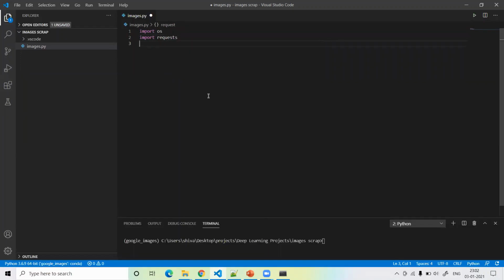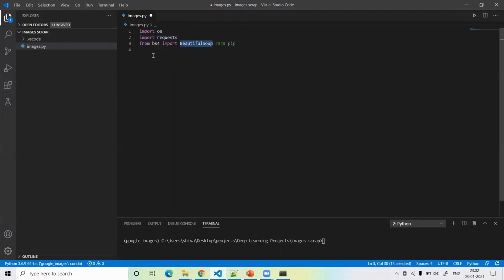After that, from bs4 import BeautifulSoup. If you have not installed this, install it in your system using the pip command, guys. These three libraries are required for scraping the dataset, so I import os, requests and Beautiful Soup.